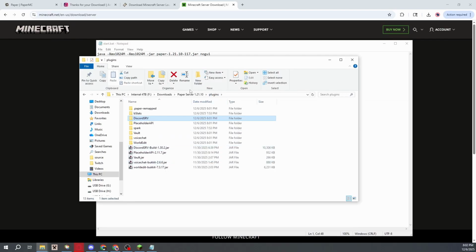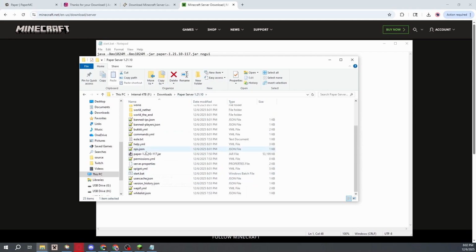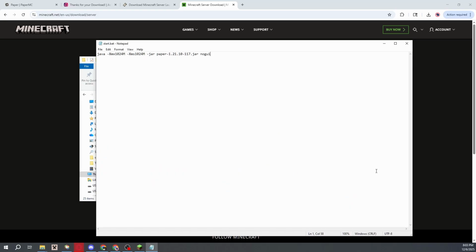Just keep in mind that you can either run it directly through here, but if you want to more customize how much you want to allocate and exactly how you want to run this command file, then you're going to need to use a start.bat or type in the command manually each time you run it. So for example, if we want to